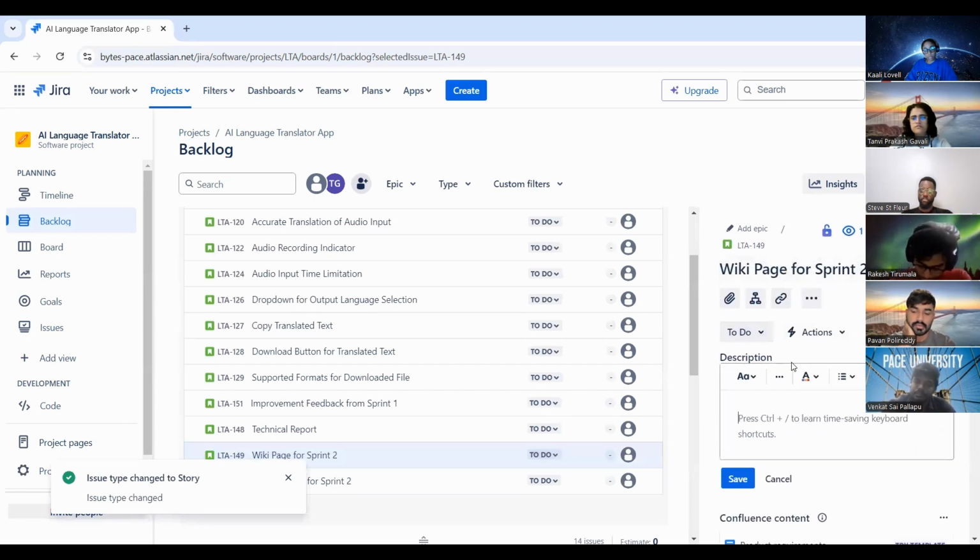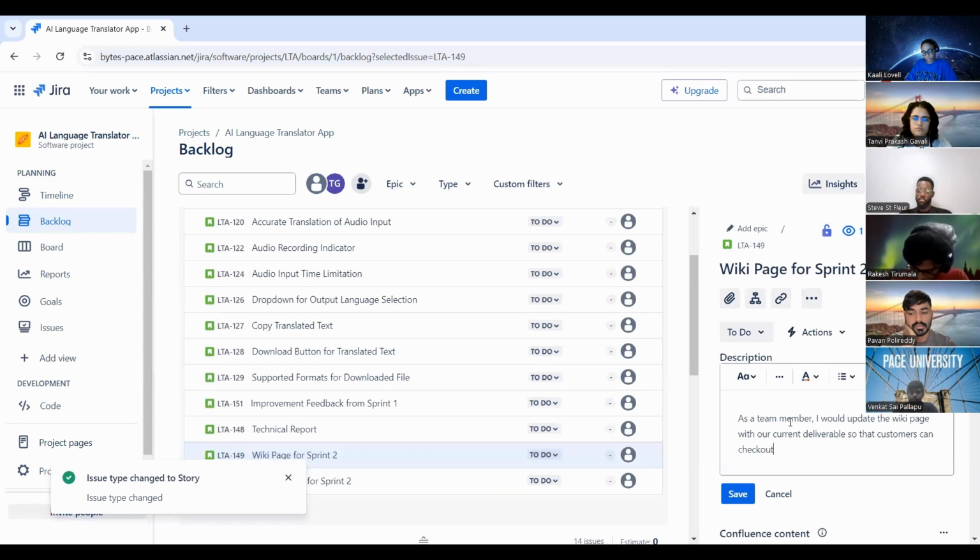And then for this one, this is good. It's good, but I would put "we" instead of "I", as a team.